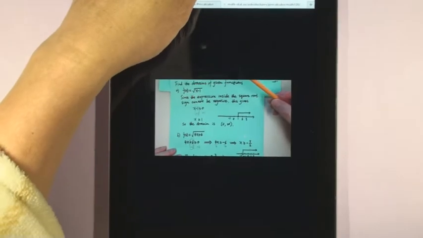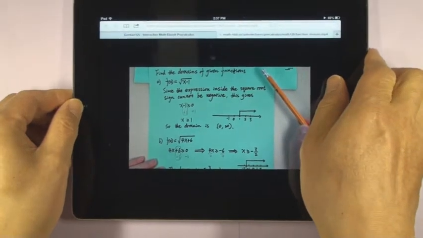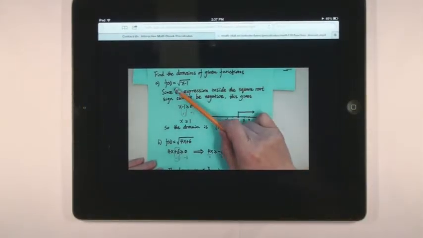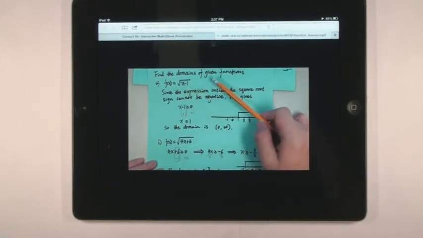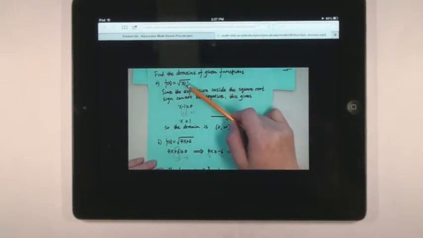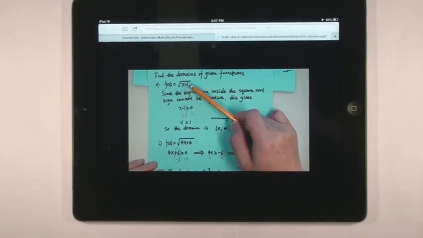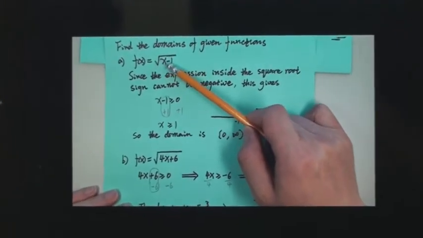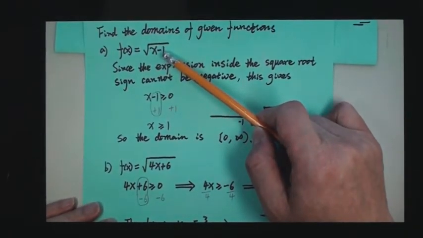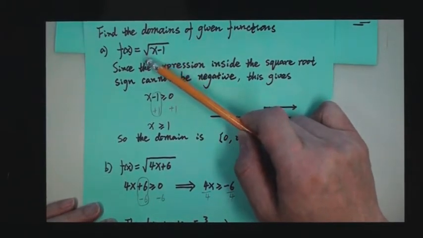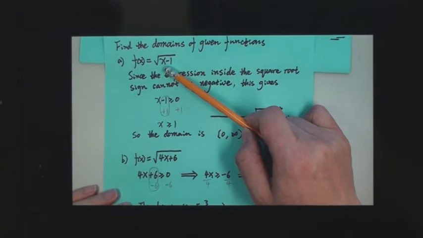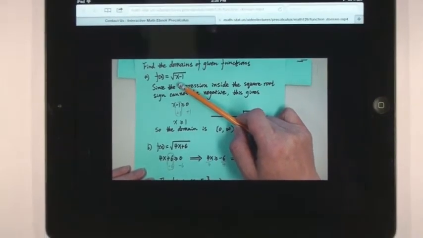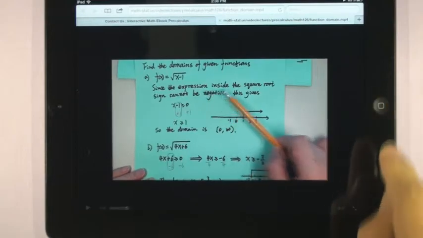Let's look at those examples. Those examples are about finding the domains of functions. So you can see here, it's quite clear. If the function is given in this way, in the radical sign, then you know the number inside the radical sign, the final answer has to be positive. The whole expression x minus 1 has to be positive. If you get a number inside the radical sign which is negative, then you cannot find the solution. So since the expression inside